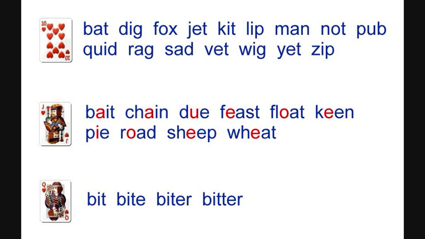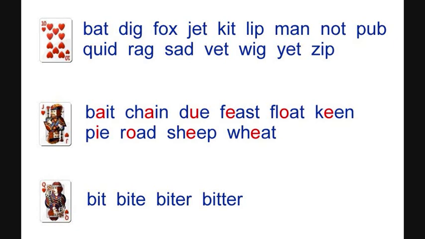The words are b, a, i, t, bait; ch, a, i, n, chain; d, u, e, due; f, e, a, s, t, feast; f, l, o, a, t, float; k, e, e, n, keen;